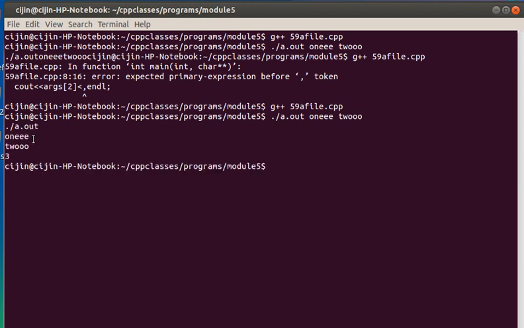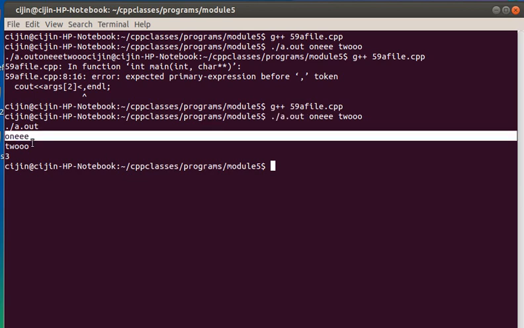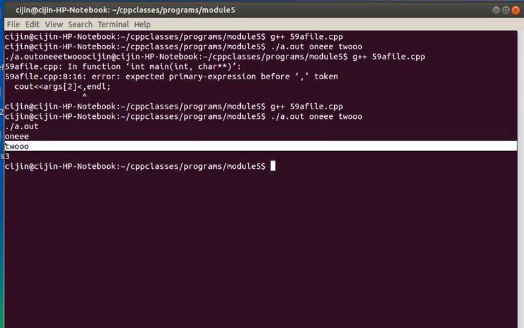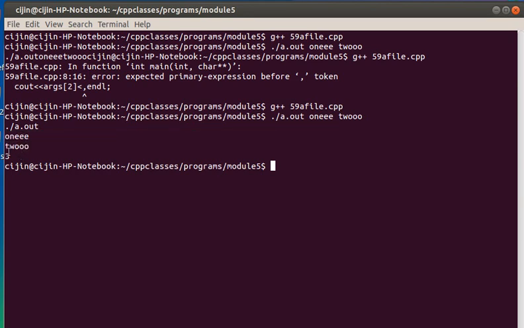So the first argument, args of 0, is ./a.out. If we had given the file name, then it would be coming. We have not given the file name, so we are using ./a.out. Then the first argument is 1, the second argument is 2. That is, args of 1 is this, args of 2 is this. And this 3 is what?